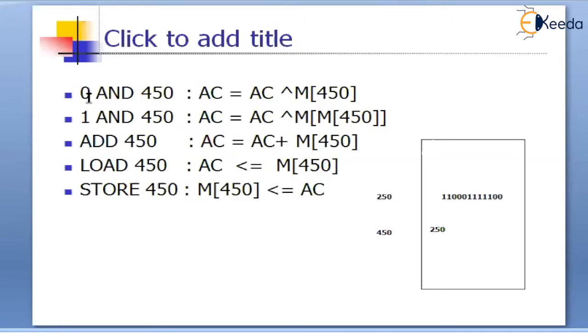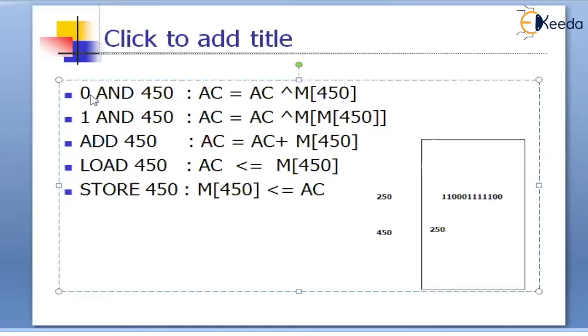As you can clearly see, the instruction is 0 and 450. You know that the first digit is a mode digit, mind you, right? The first digit, either it could be 0 or it could be 1. If it is 0, the address part is going to specify a direct address. When it is 1, the address part is going to specify an indirect address, under which there is one more address. I'm not going to talk much about it because I explained clearly in the previous session what is direct address and what is indirect address.